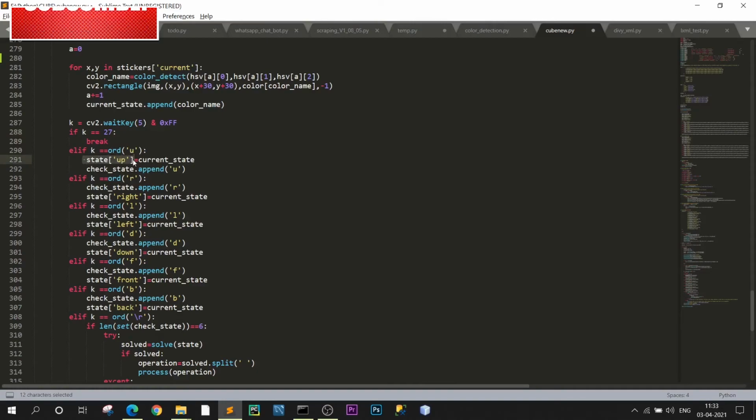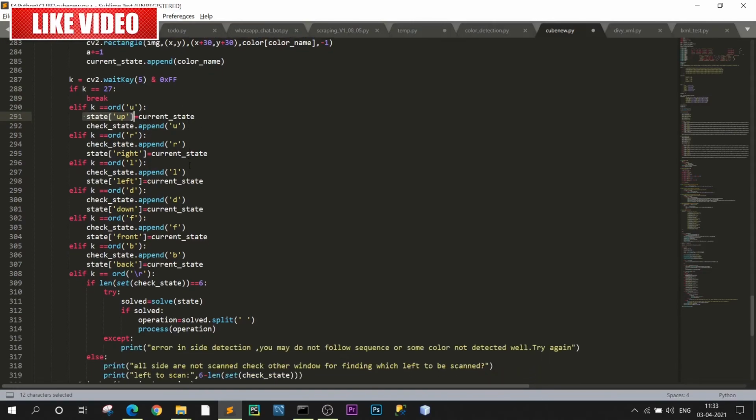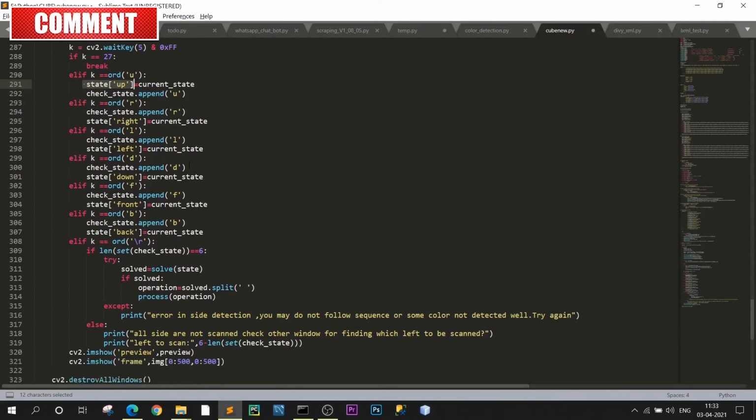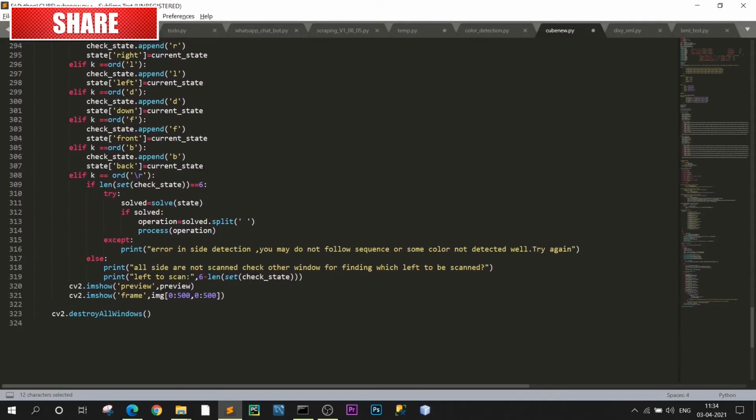Now we will update the state variable, which is the first dictionary with 9 white in each side. Once we update the state dictionary successfully, we will solve it using the solve function, and once it is solved, we will call the process function with the given operation.